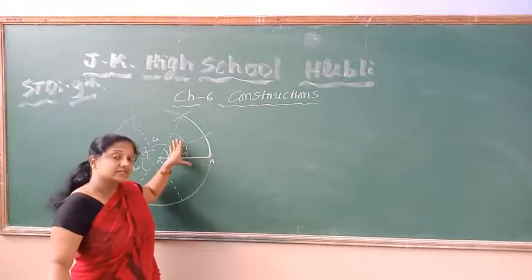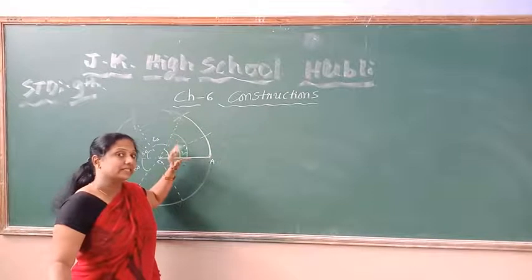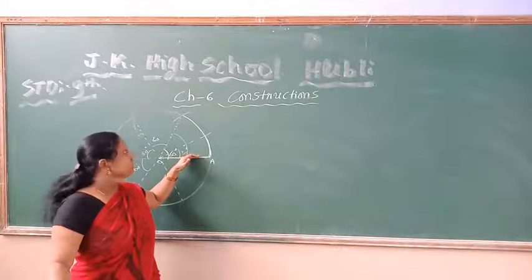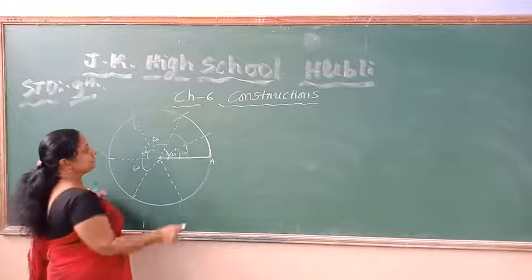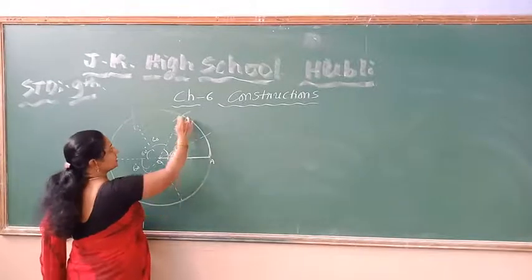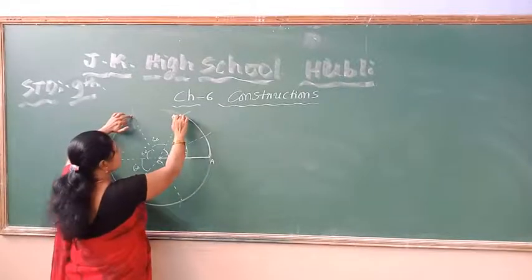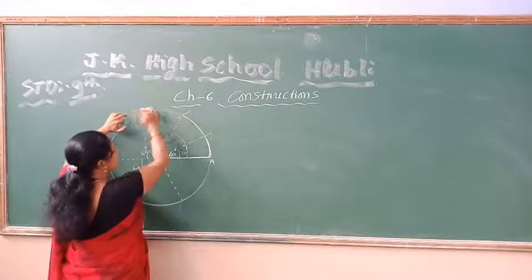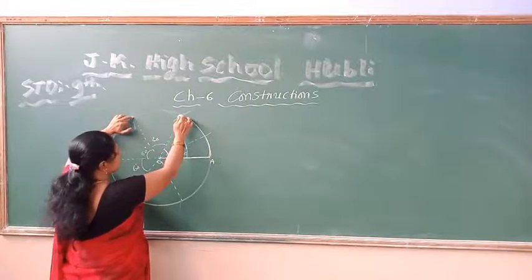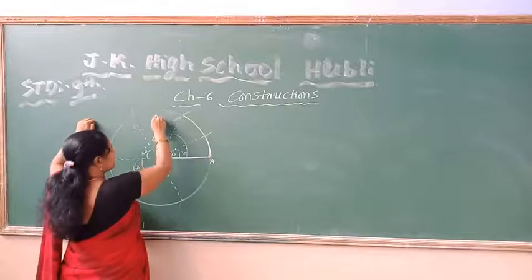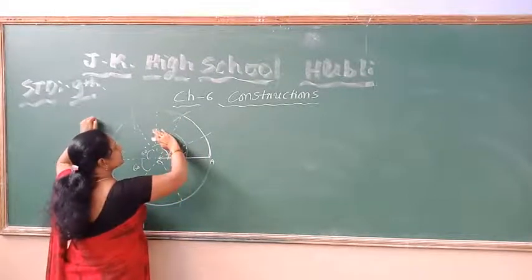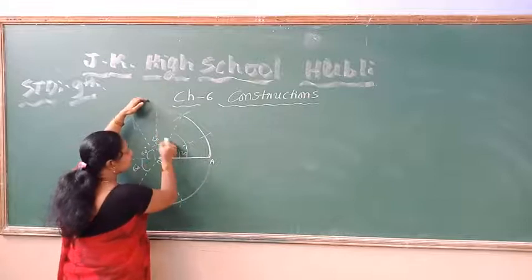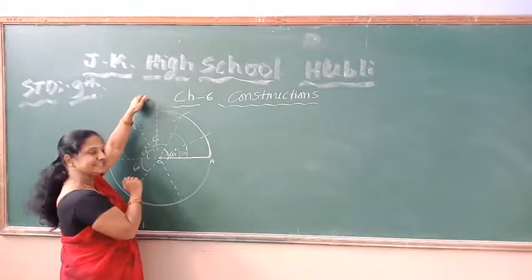If I construct a 30 degree angular bisector, I am going to get 15 degree. So you want 90 degree. 90 degree you want means, see, this is from here to here 60, from here to here 60. So if we bisect this angle from here to here, I am going to get 30. So from here to here it is 60 and from here to here 30. So all together from here to here it becomes 90 degrees.